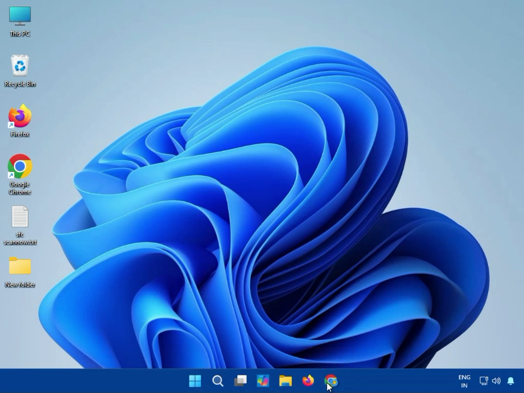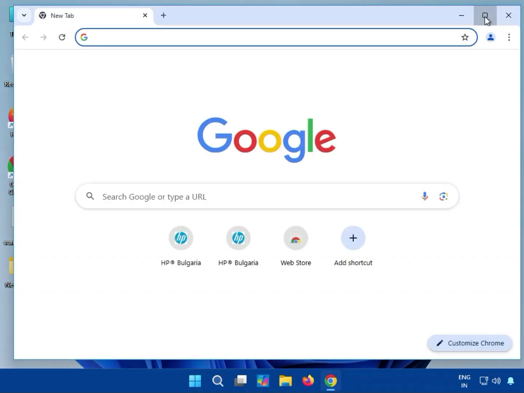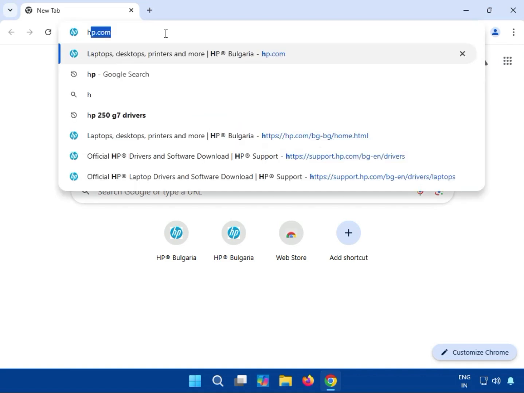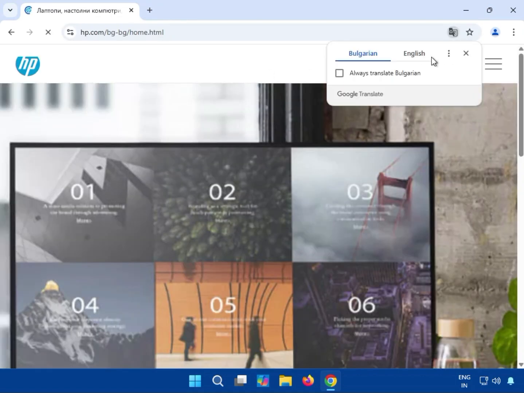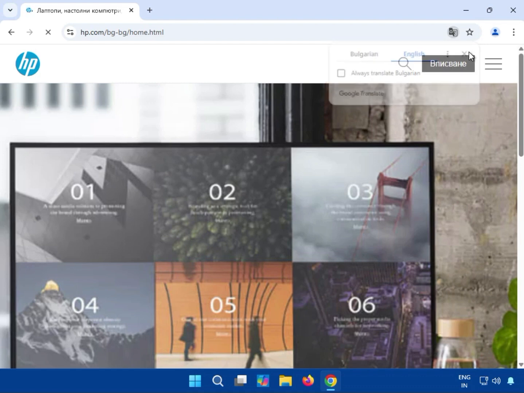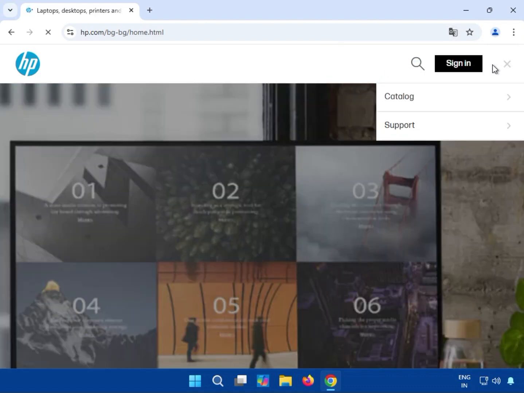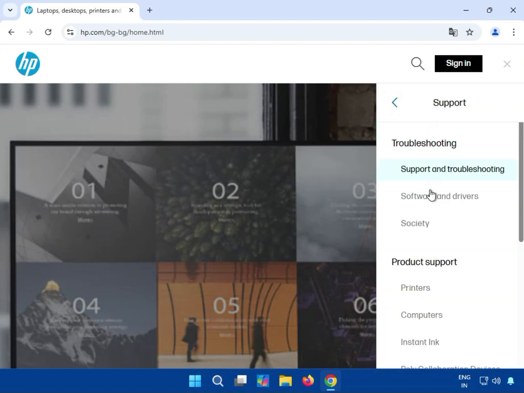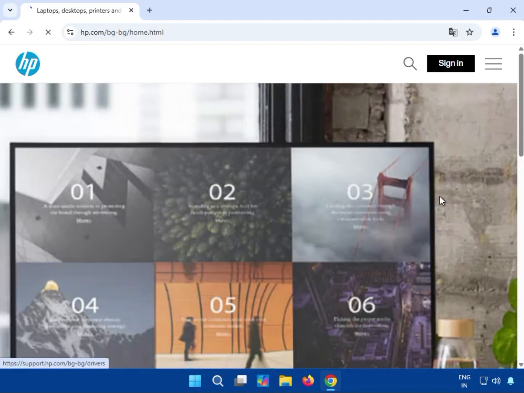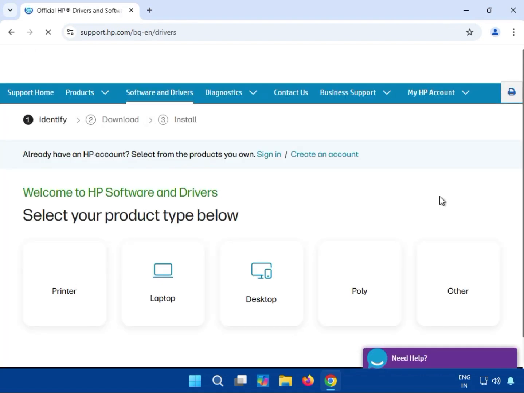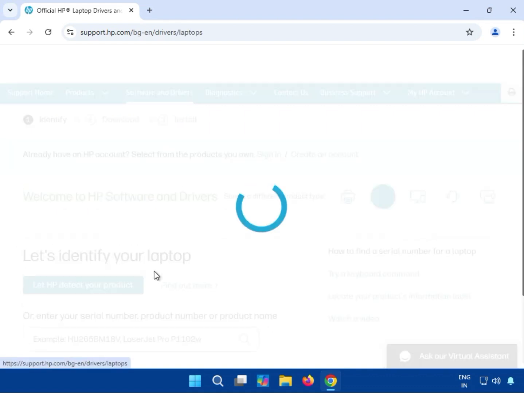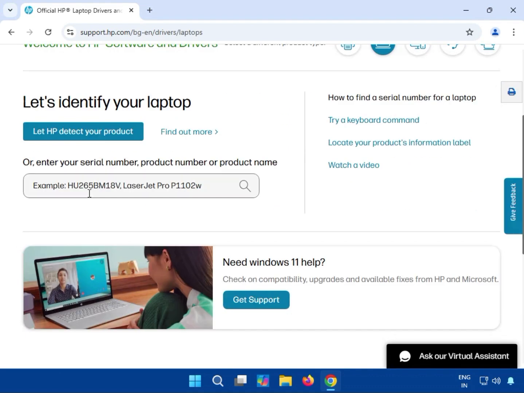So guys, first click to start, open any browser, go to hp.com, then support, then click to software and driver, click to laptop, scroll down,